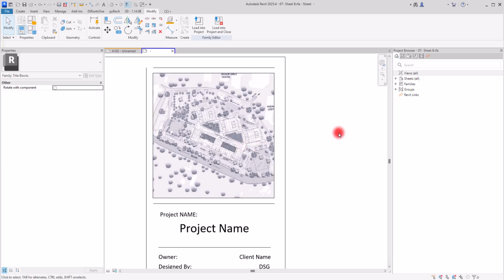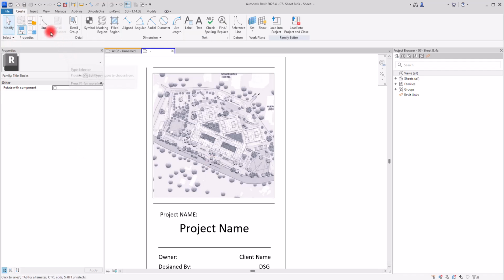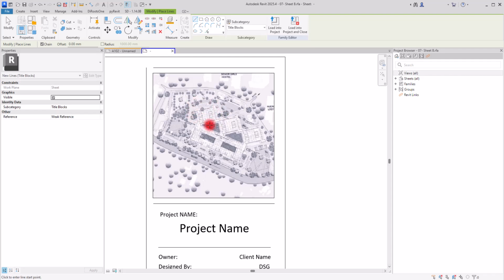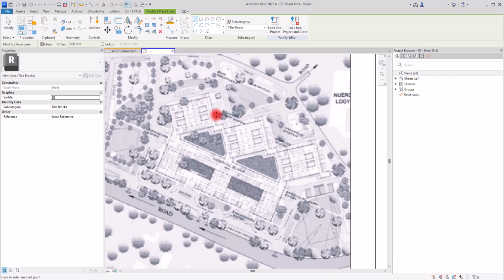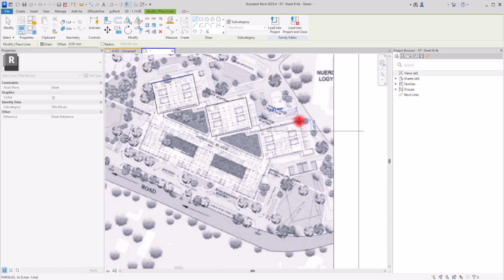It is a more creative way, but if you want to have a more professional approach, you can just simply use the simple lines I'm going to show you. So to start, I'm going to go to create section and I will use this line. In all of these parts, I'm going to create my lines. Somehow I will highlight the zone sections. So with this simple line, I'm going to start from here to this part, here, and this section. Okay, then I'm going to repeat it to this part, in here,